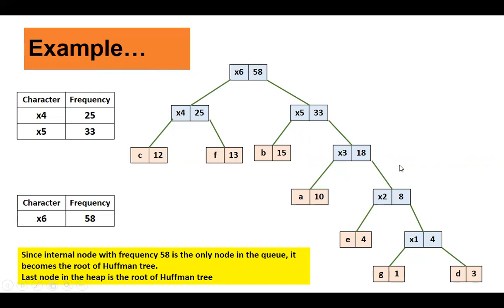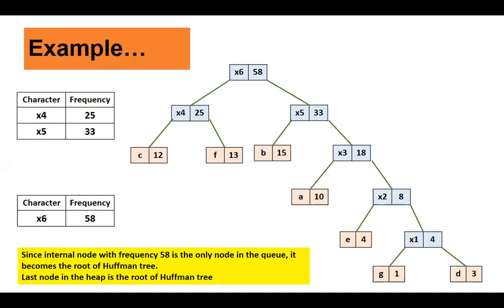Now this is your complete Huffman tree. You can see the Huffman tree is a binary tree. Fine, and it looks like a heap also. Why? The value of the root key is always greater than its children, right? Okay, now next.